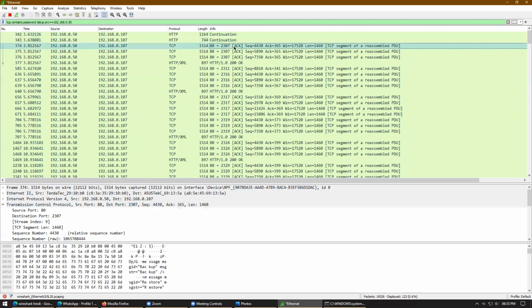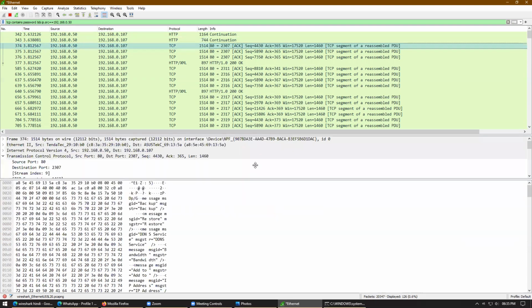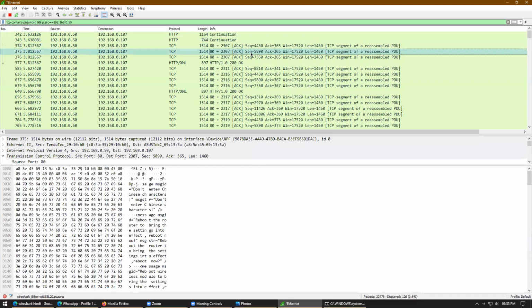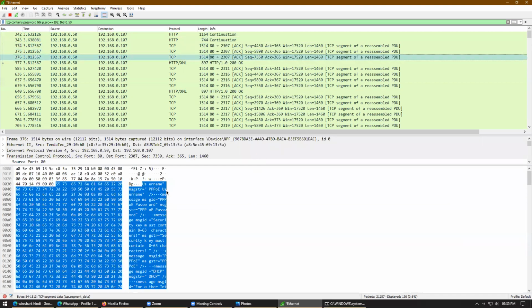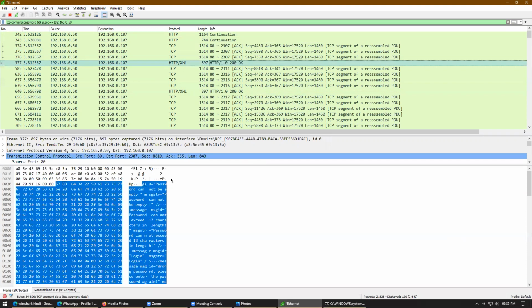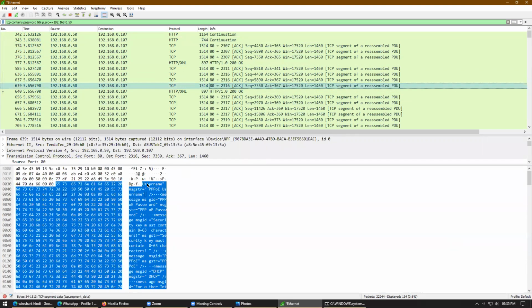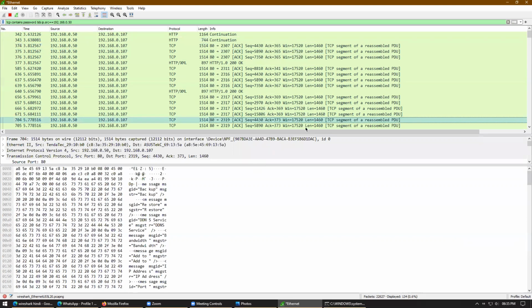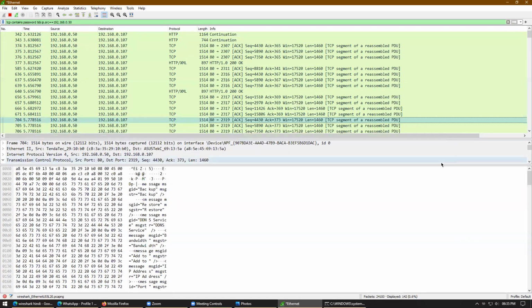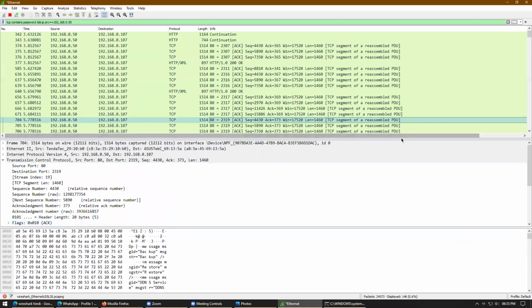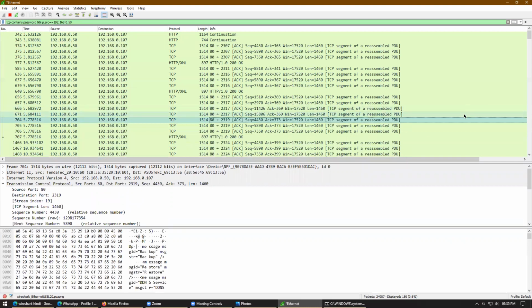Continuation, data flow continuation, and here in the hex form, let's move it a little up. Does it contain any password? Username, password, wherever the data contained password. Password here. So whatever data contains the password, it's showing me there. Okay, so this is how you can filter specific text in a data, in a captured packet. We're going to see a lot of other things in Wireshark, and not only Wireshark, we're going to see other specific details also.